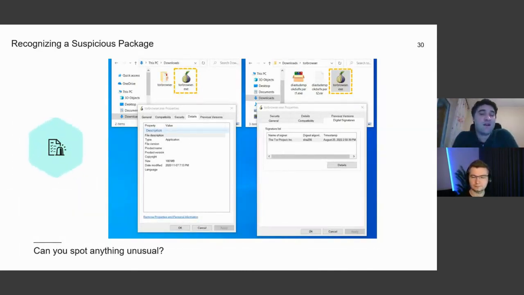I think this was interesting because it was digitally signed. So that was actually the real Tor browser installer, correct? If I'm not mistaken, Mr. Vitaly. That's correct. So the one inside had a digital signature, which was valid. It was coming from the Tor Project. But of course, the wrapper of it, the SFX, was just an imitation. So it had no digital signature at all.